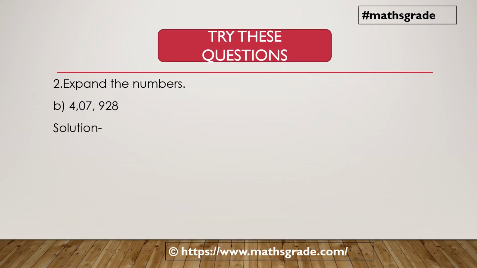Now second part B. 4 lakhs 7,928. This is the number given and we have to expand this number. This number is written in Indian system of numeration. As here after 100 place digit there is only 2 digits in thousand place and this 4 is in lakhs place. So multiply 4 with lakhs,